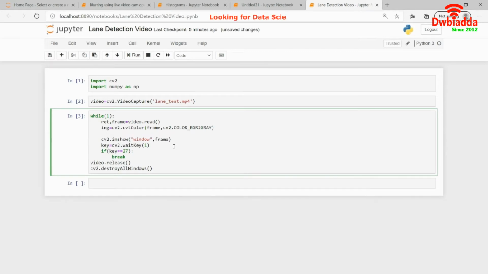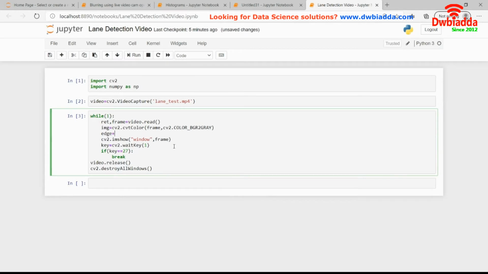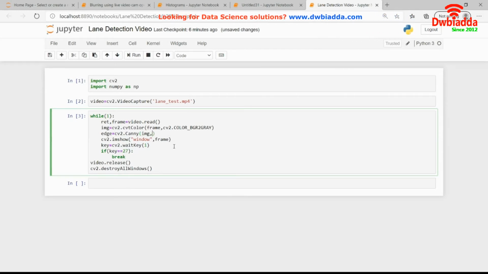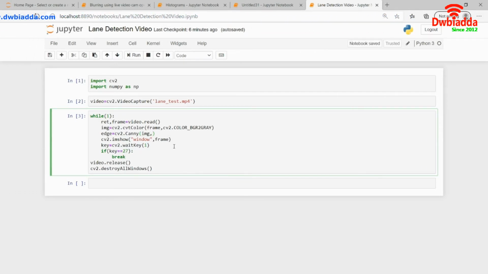When this is done, we'll use the Canny detection method to detect the edges. So edge = cv2.Canny(img, and then I need to give some threshold values between which the edges will be detected. I'll be using the values 100 comma 200. In case these don't work, I will change the values.